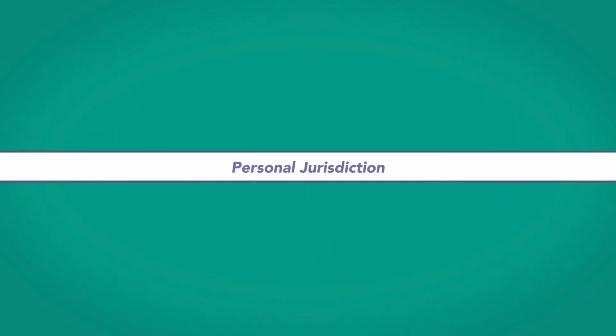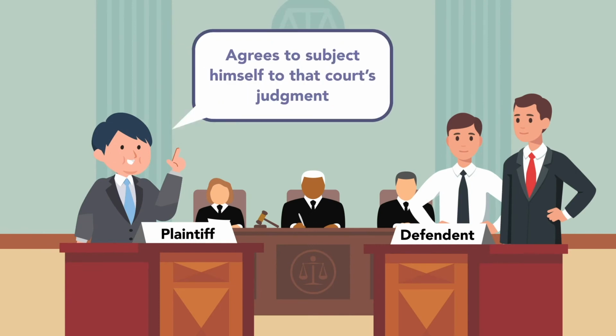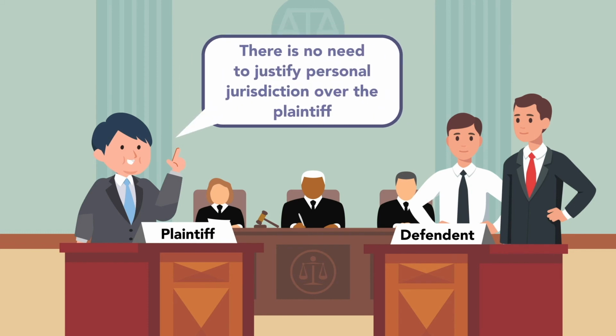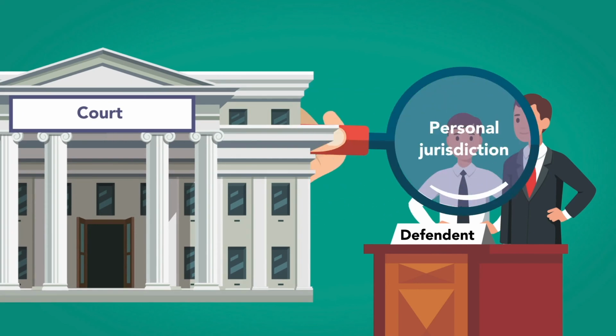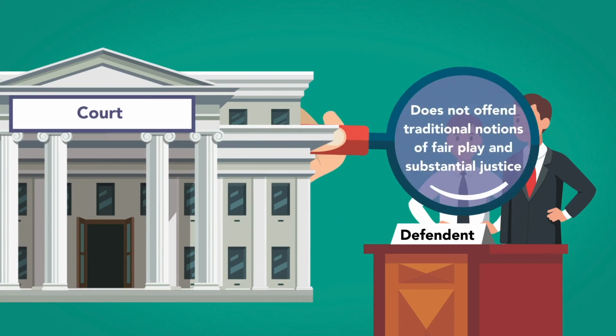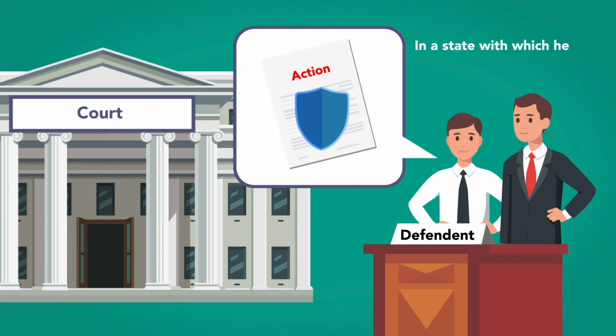Personal jurisdiction. By suing in a given court, the plaintiff implicitly agrees to subject himself to that court's judgment. Thus, there's no need to justify personal jurisdiction over the plaintiff. However, a court may only exercise personal jurisdiction over the defendant if doing so does not offend traditional notions of fair play and substantial justice by forcing him to defend an action in a state with which he has little